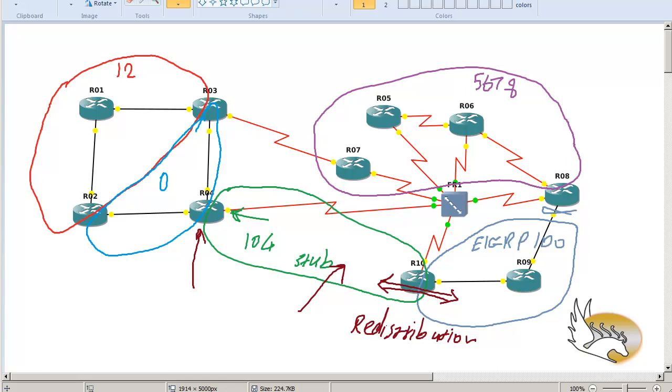In this section, I have changed the topology a little bit. I want to show you something about NSSA areas. Here you can see that I have changed the topology a little bit. Here, the connection between router 9 and router 8 is shut down, so there is no connection between